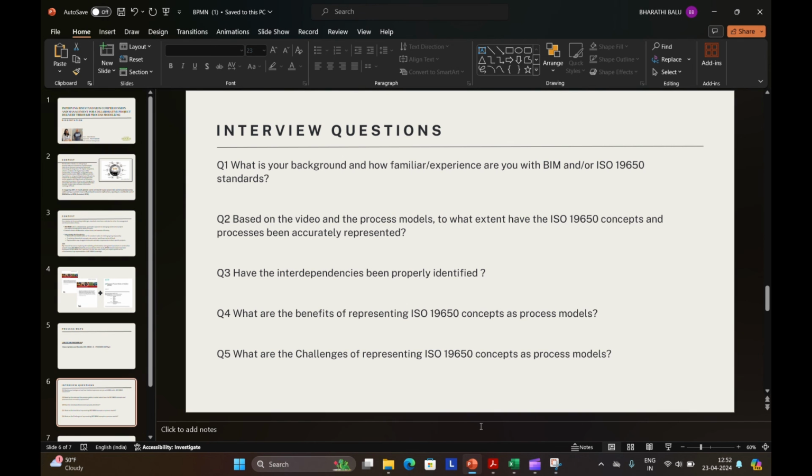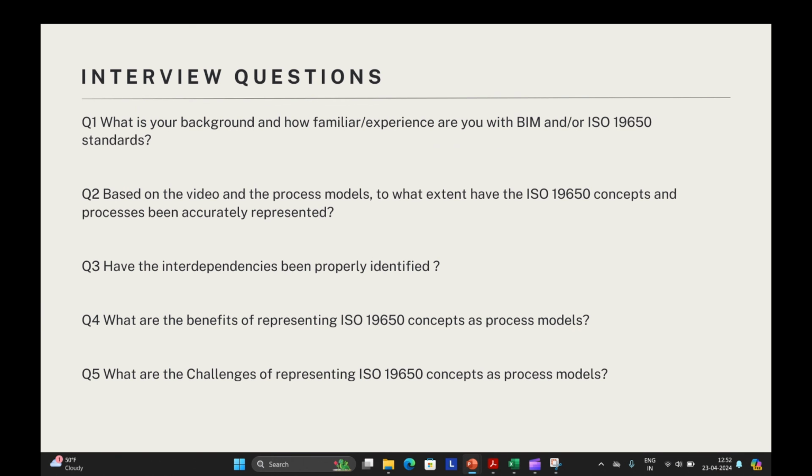Next, my aim with this research is to make ISO 19650 even more accessible and effective for construction professionals. So expert feedback is crucial for me to achieve that goal. That's why I have reached out to industry professionals like you to review my process maps and offer your insights.